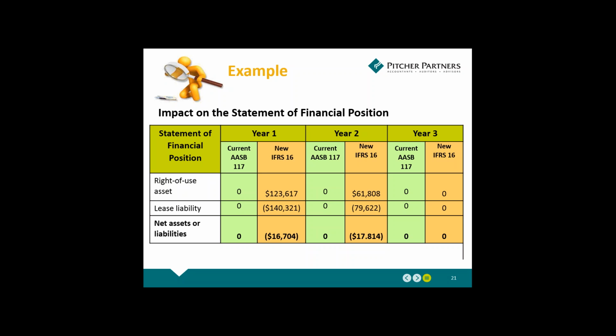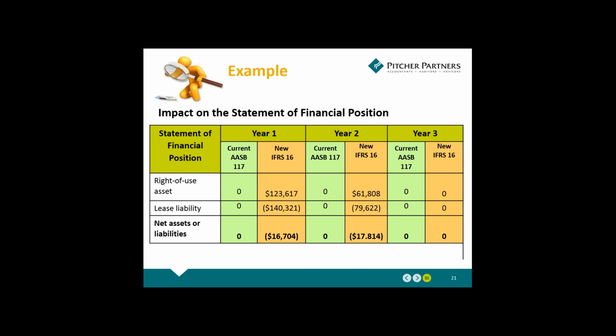If you look at the total numbers, you can see the impact that it's got on your net assets or liability in your statement of financial position. It doesn't necessarily even out in year 1 and year 2. It should even out at the end of the lease term. But it really leads to a decrease in your net assets, in my example, in years 1 and 2. So if you think about something like bank covenants, you should consider the impact that the new leases standard will have on your net assets and liabilities.